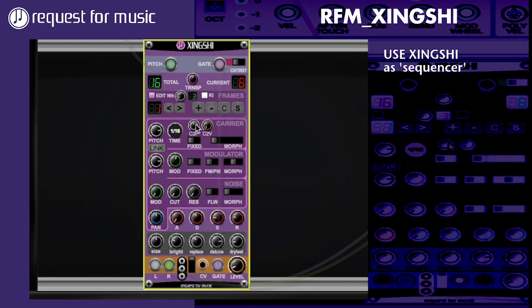Or maybe instead dial up the carrier volume. So what I did was dialing up the carrier volume for every 3rd frame, and I changed the pitch for